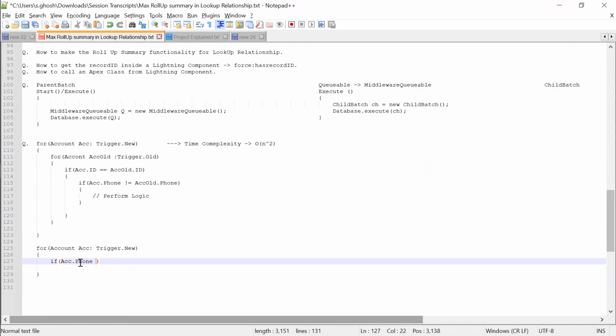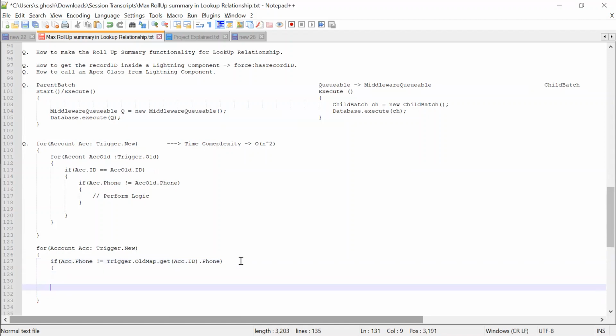We directly check if acc.Phone is not equals to Trigger.oldMap.get(acc.Id).Phone. Got it? Okay, got it.